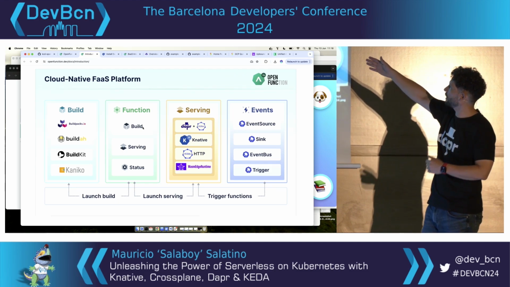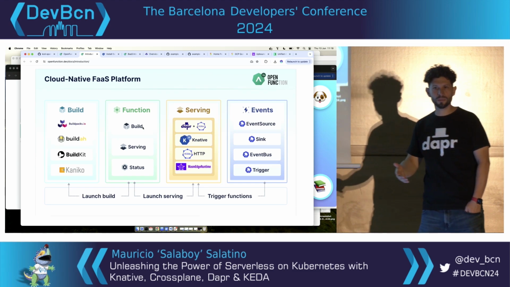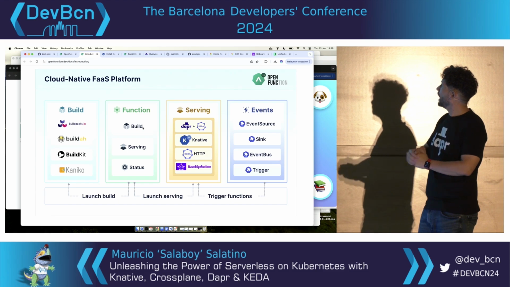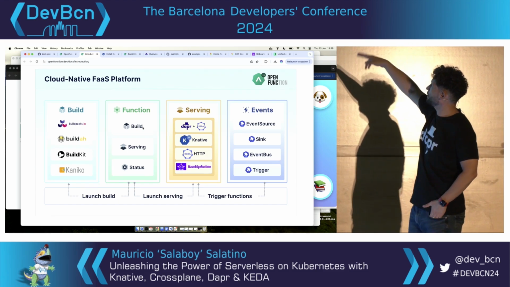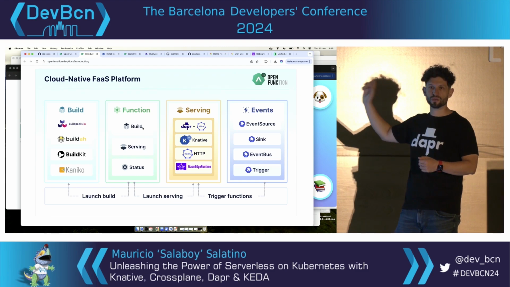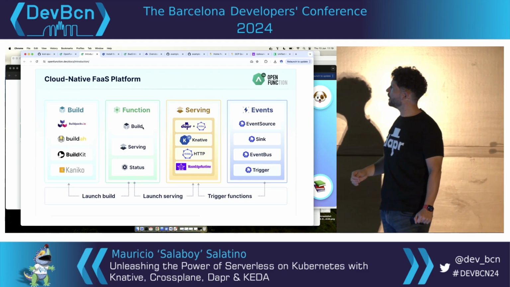You can see Knative there, you can see KEDA, you can see Dapr. And at the bottom, they also added a WASM runtime for WASM modules and stuff like that, which is kind of interesting. And then on this side of the screen, you can see events, which is a way that they created in order to connect functions together via messaging or eventing, right? It's an interesting thing too that they created.